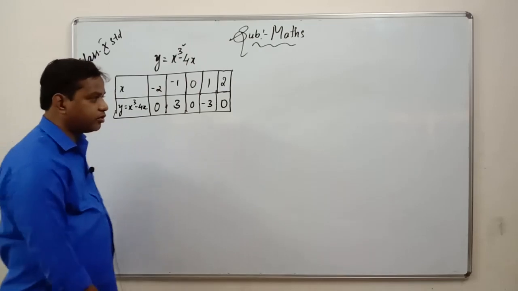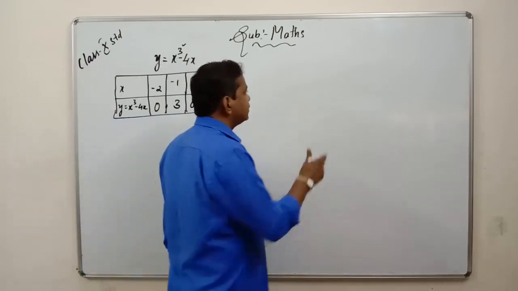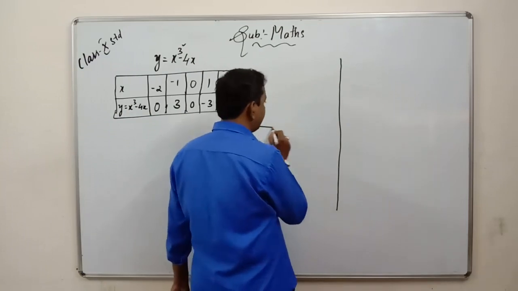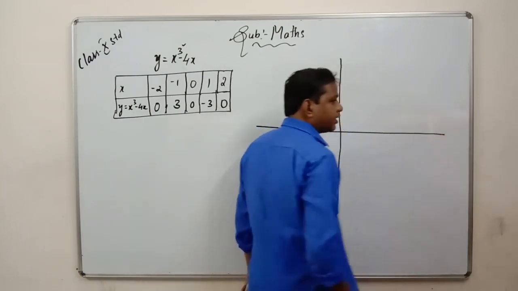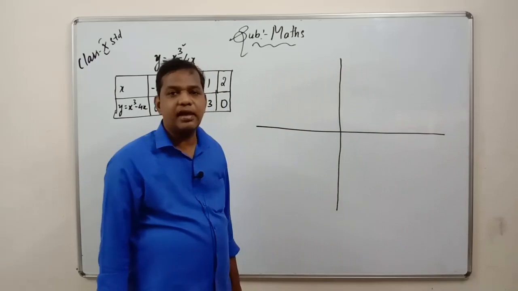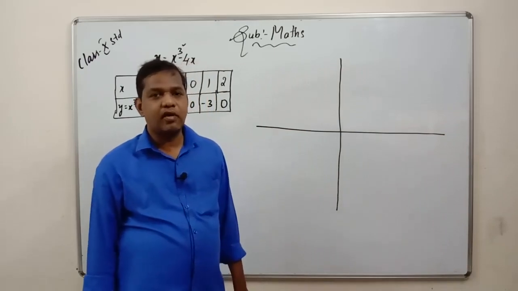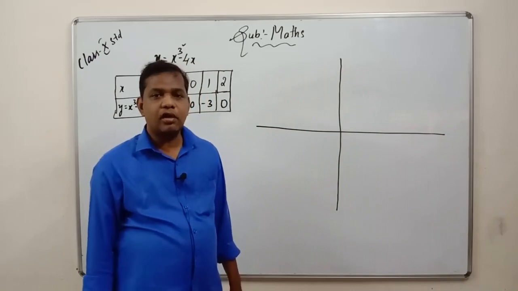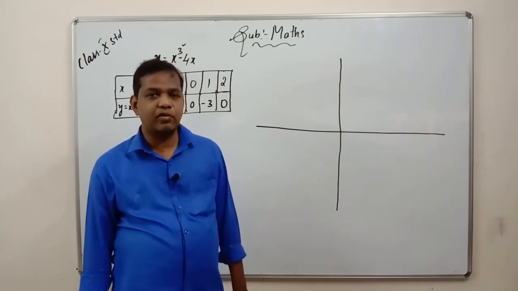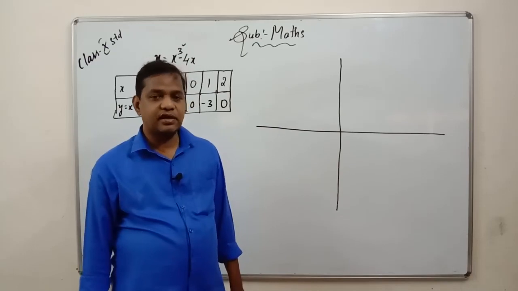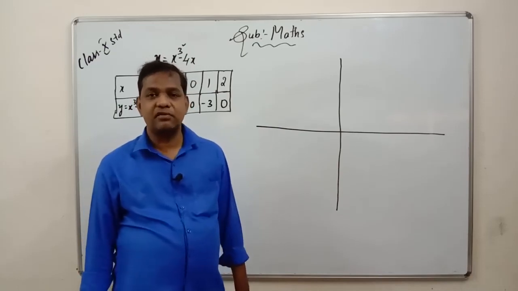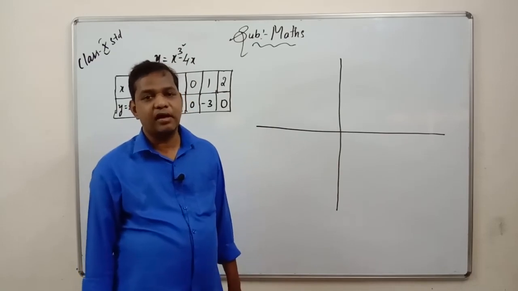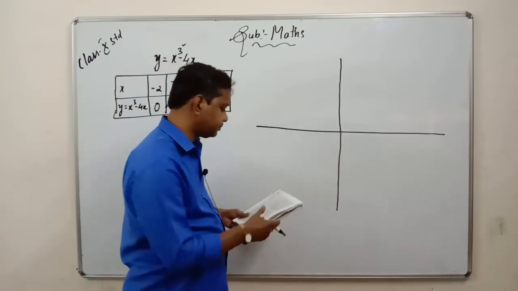So directly we can go into the graph now. I'll draw the graph. Everything should be copied in notes. One thing I want to make clear: what we are doing here on the board should be copied in a 200 pages long book, that too unruled. Don't copy anything in ruled. Math should be written only in unruled, especially in 10th standard, because it consumes lots of space. So better go with unruled, in a 200 pages one.